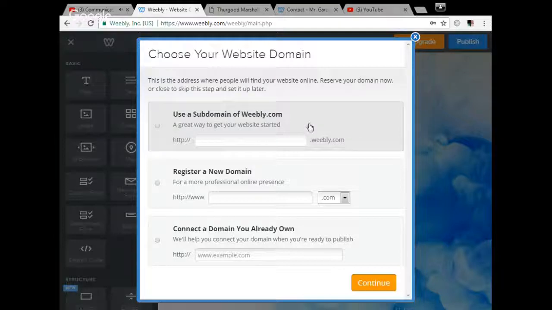Digital citizenship. So here you want to make sure that when you do create your domain URL that you do use that very first one. It says use a subdomain of weebly.com. So we'll call this practice. Oh, see how it's taken? I'll tell you if it's taken. Practice Garland. That one's not taken, so I can have that one. So the URL would be that